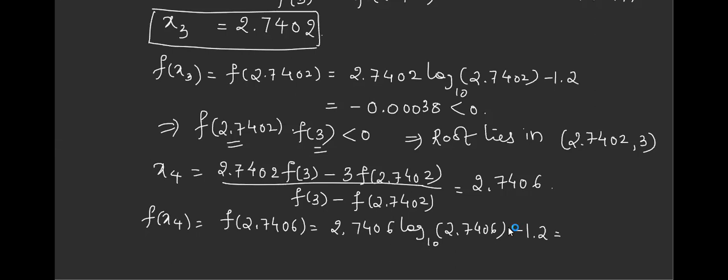I think it is still negative. Yes, ma'am. Minus 0.4, then zeros, and 4 again, and then 0. Okay, let it be. See, in two ways we can stop the process. All of you just see, these are the important points. The difference between x3 and x4 is very, very less.